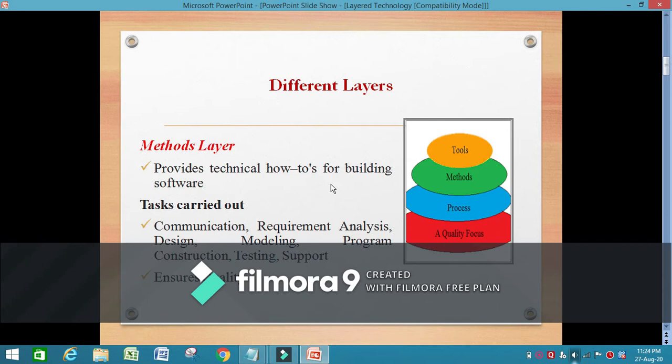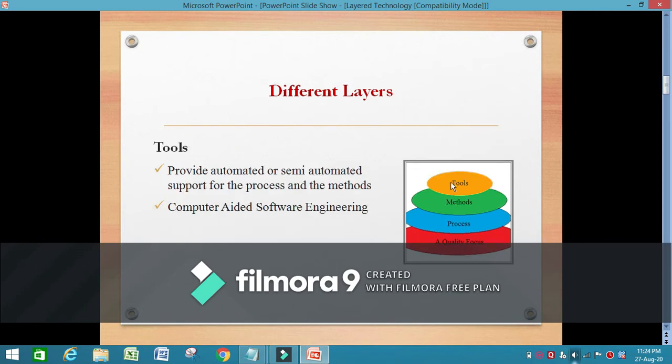For that purpose, they carry out certain tasks like communication, requirement analysis, design, modeling, program construction, testing, and support. All these tasks are carried out in the methods layer to achieve what we have defined in the process layer.